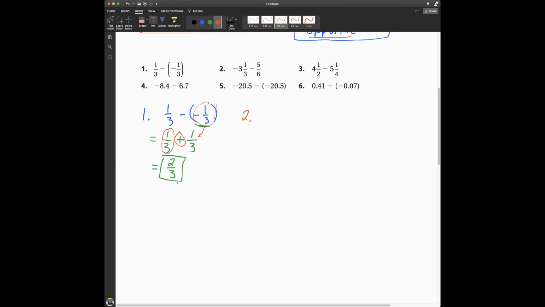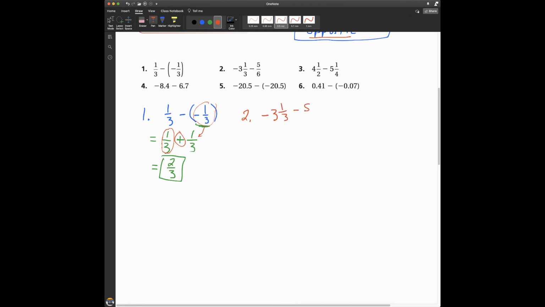These two rational numbers have a common denominator, so I just add the numerators together. 1 plus 1 is 2, and I get 2/3, and I'm happy because I got it right. All right, let's look at number 2. This problem is -3